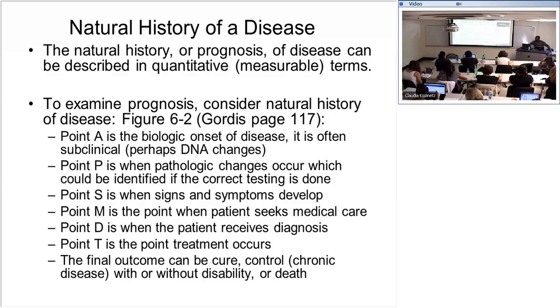When there's this development of arteriosclerosis, it takes several years that we probably may not be able to detect. Then, after this point, as it progresses, we get to the point P, where there are obvious pathologic changes. This is a stage where we have a very good resource and we seek some kind of attention. We might be able to detect the changes in the body.